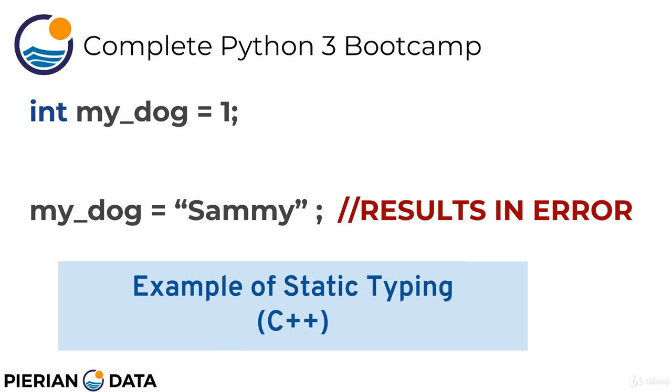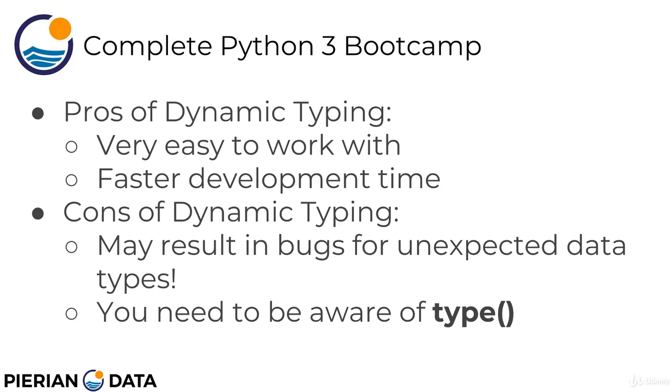So there are some pros and cons to dynamic typing in Python. The pros is that not having to write out the actual data type saves you a lot of time and makes it really easy to quickly produce Python code. And it also makes your code very readable because you're just reading that variable name. Now, this is kind of a double-edged sword here because the cons is that this may result in bugs for unexpected data type. Because you're not having these restrictions of data types, especially when you're dealing with user input, you may have unexpected data types show up, and that can cause problems later on in your operations. So you should be aware of the data types as you're coding, and you can use the special type function that's built into Python to quickly check the type of any variable. And we'll show you how to use that in just a little bit.